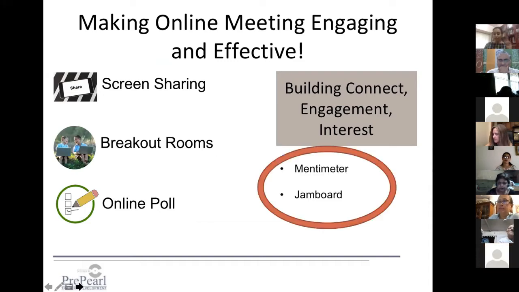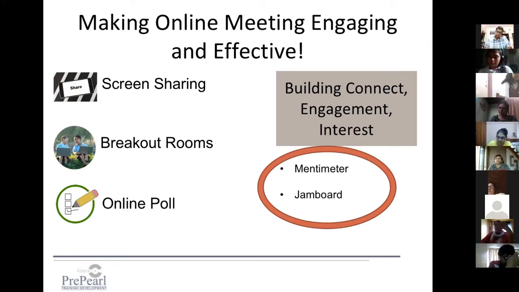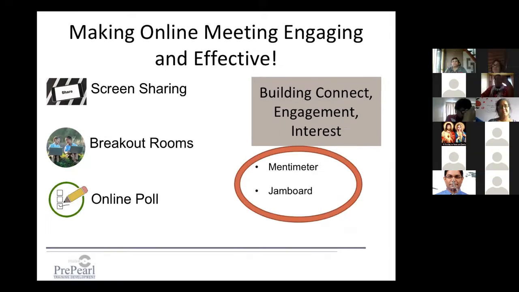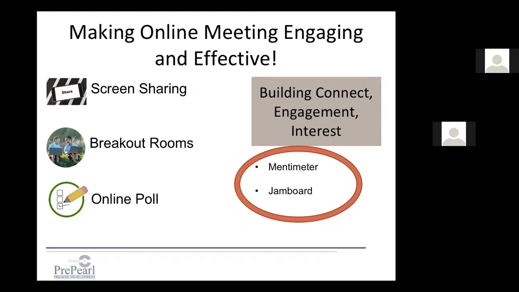And we will look at two more. One is an application called Mentimeter. The reason why we are doing Mentimeter is this is new learning for me, that the online poll option that we did last time is now actually available only on the paid account of Zoom. I assumed that it was available on the free account also, but as Father Joshan and I were discussing, and then we checked, the poll option is available on the paid version of Zoom.